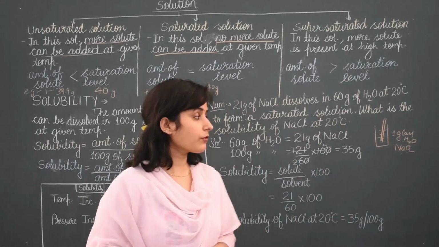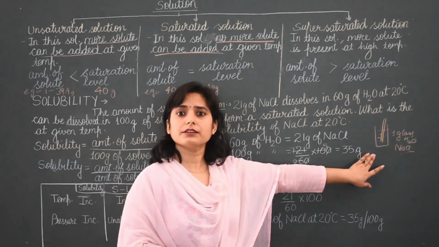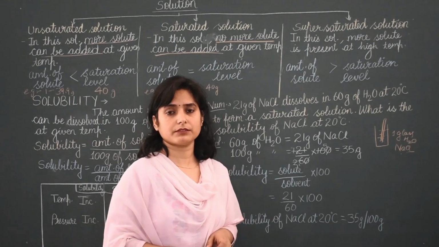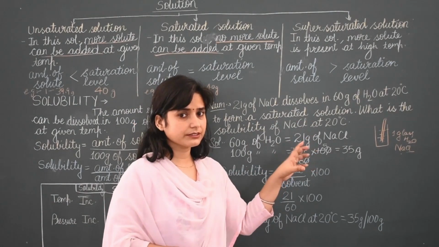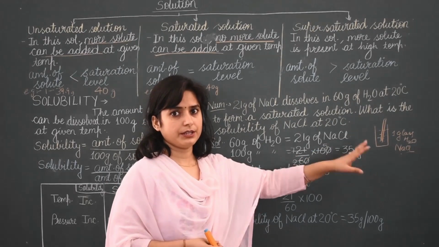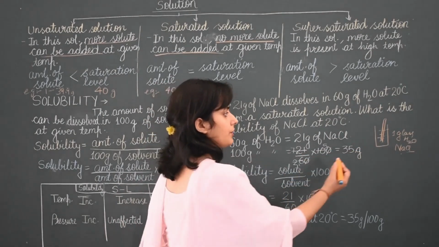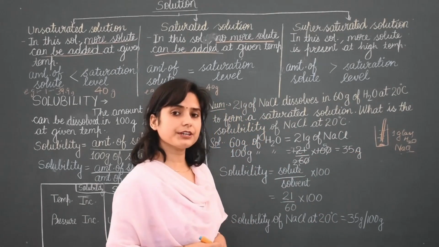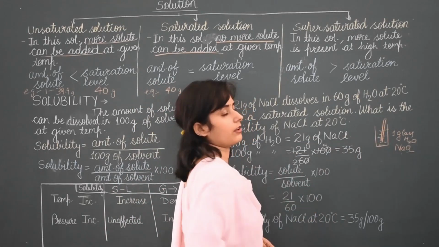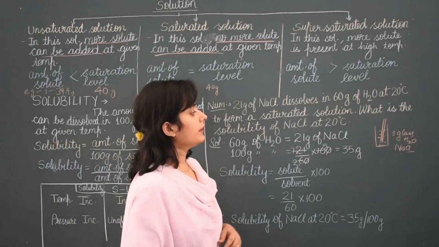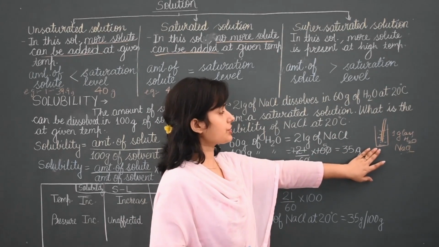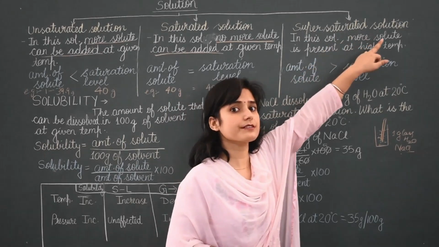Third one. Now what happened? We are adding salt here, it is not dissolving. Then we will heat this water or milk. When the temperature increases, particles will show more diffusion and mix together. At a low temperature, salt was in solid form here. But when we increase the temperature of the solution, this also dissolves. At this time, when the temperature is increased, the solution is called a supersaturated solution.